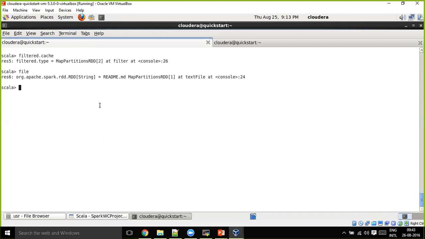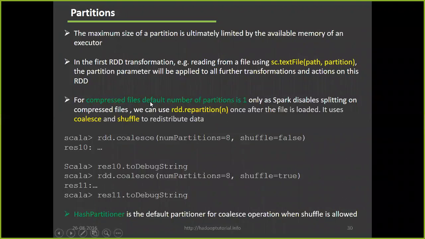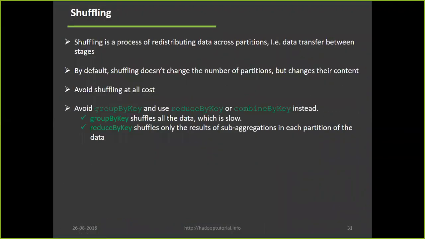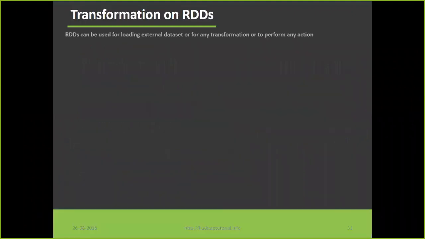And Spark, you said, does partitioning by default. Means externally we don't need to do any partitioning? We don't need to do partitions. Spark will do default partitions for us. If you need custom partitioning, we'll see that tomorrow. The next immediate slide is how to do custom partitions. In case you are not satisfied with whatever Spark did for you, if you want to shuffle the records and repartition them, you can do all those things.